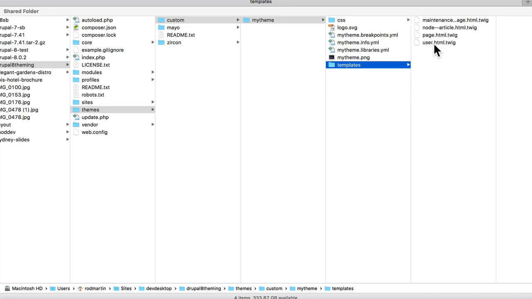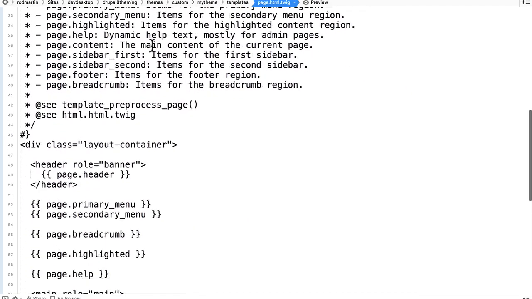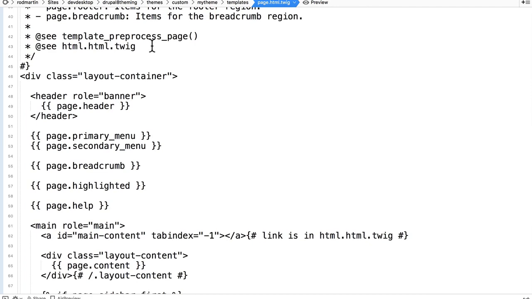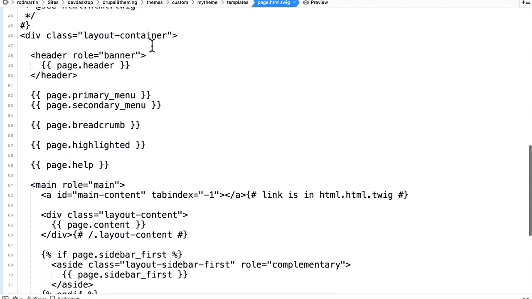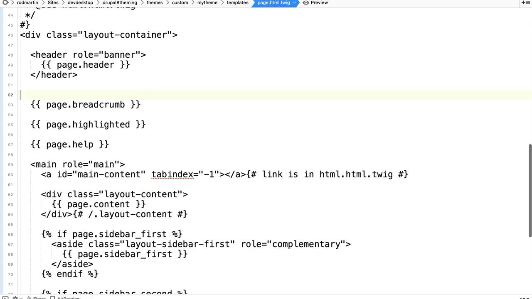Go ahead and open page.html.twig. And once again, this is a theme override to display a single page. Well, we want navigation on every page, so this is quite simple. You'll see page.primary_menu and secondary menu here, breadcrumb, highlighted, help. These are hard-coded in. Go ahead and remove primary menu and secondary menu that are hard-coded in because we won't need those anymore, and type the following: 2 spaces,